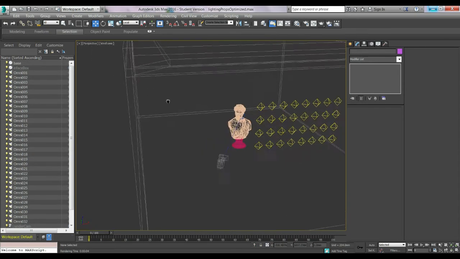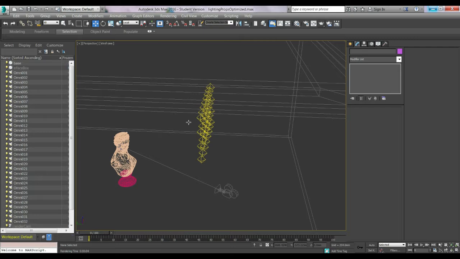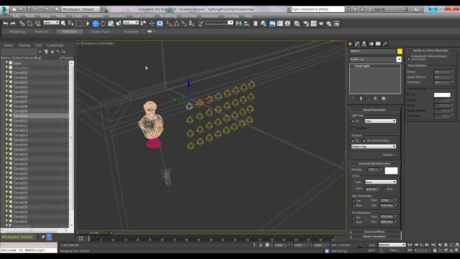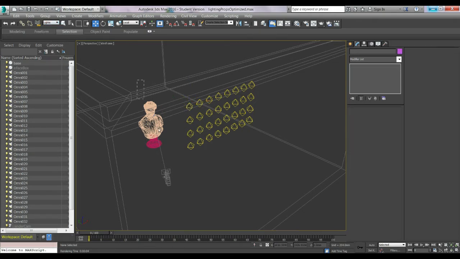Or if you are having trouble selecting the lights without selecting geometries in the scene, you could always use this selection filter. So if you select lights only, no matter how hard I click on this woman, this famous statue of Venus,